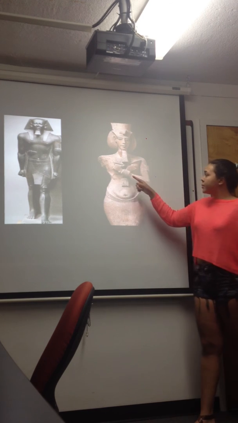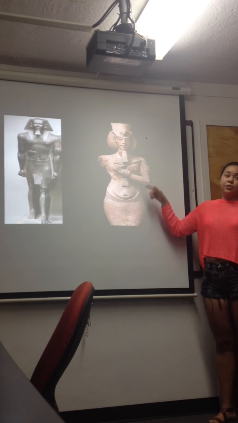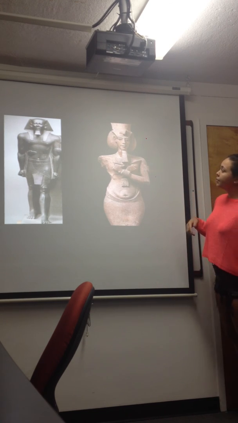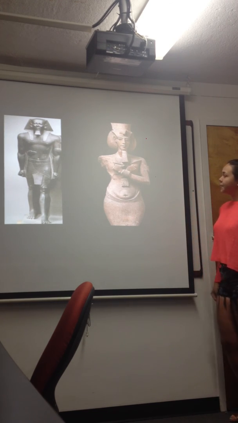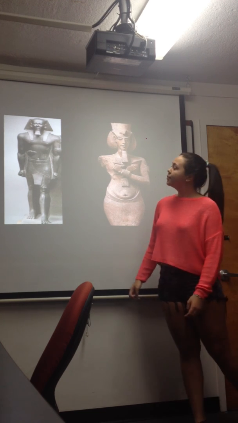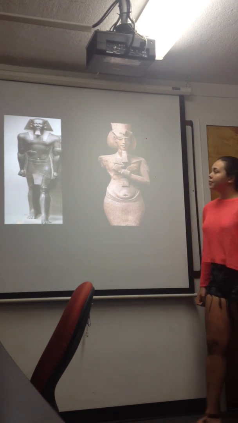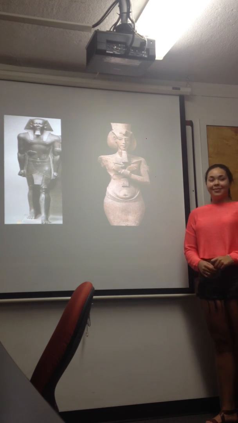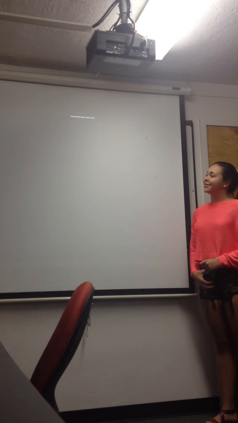The crossed arms symbolize that he's a ruler, and what else? Let's see what else. Yeah, that's it. Do we have any